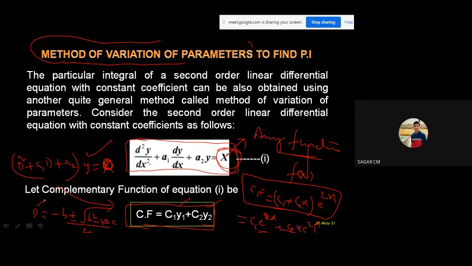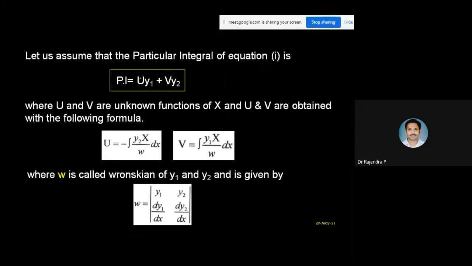Okay? Yes, sir. Then, if we know the complementary function for the second order differential equation, whatever function exists there doesn't matter for us. That x may be any function, I'm going to get the particular integral. So how am I going to get it? Let us see. I'm changing the parameters. The title, what does it tell? Variation of parameters. Here, the parameters are C1 and C2, the arbitrary constants. I'm going to change those parameters into functions, assuming them as functions.